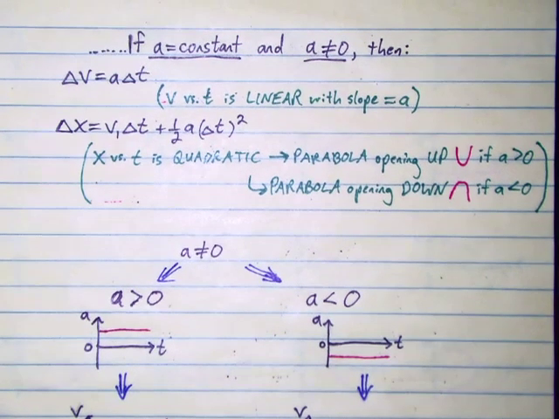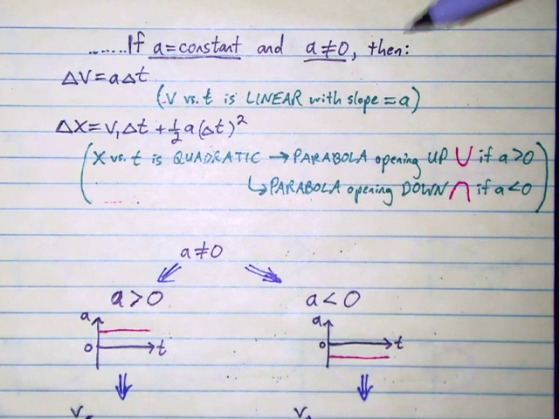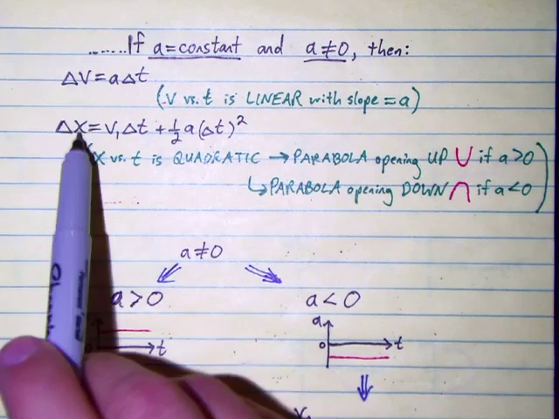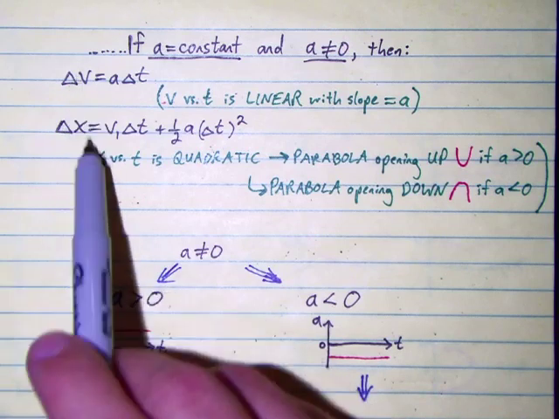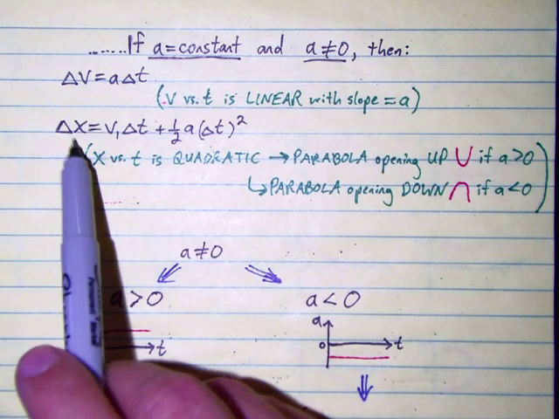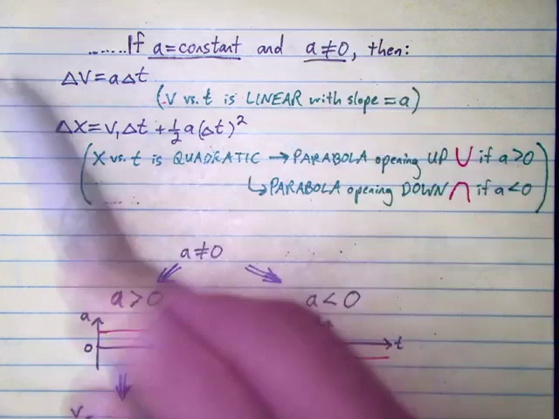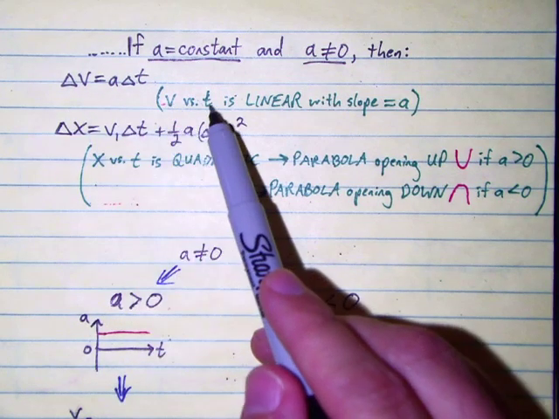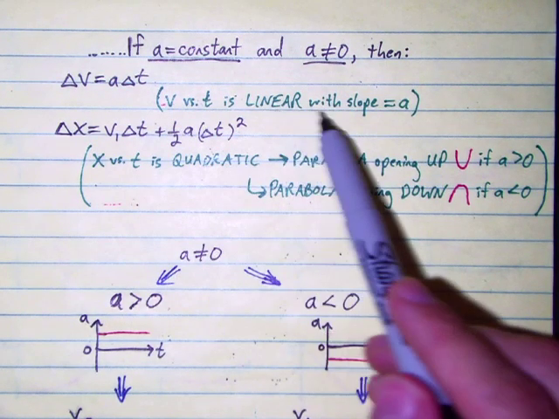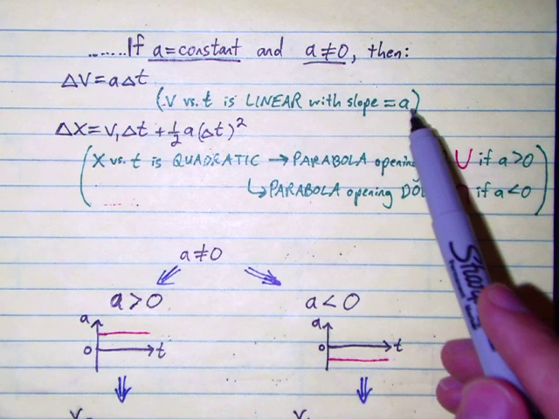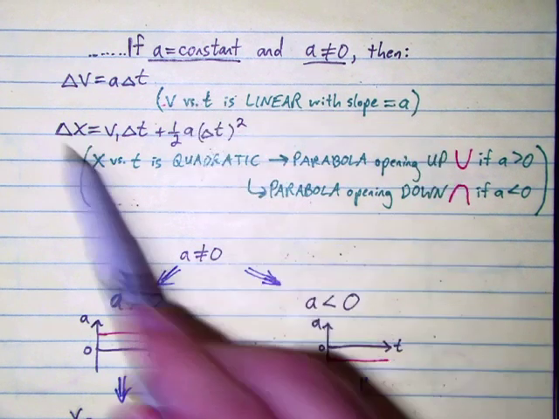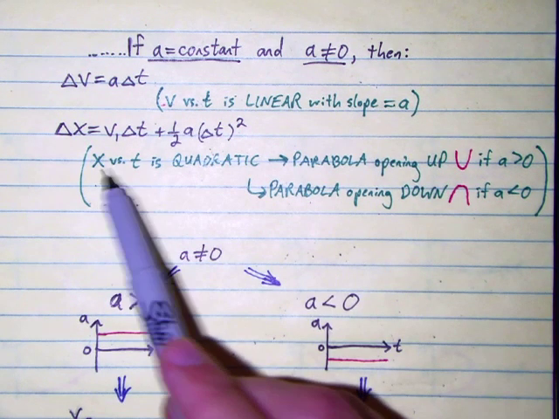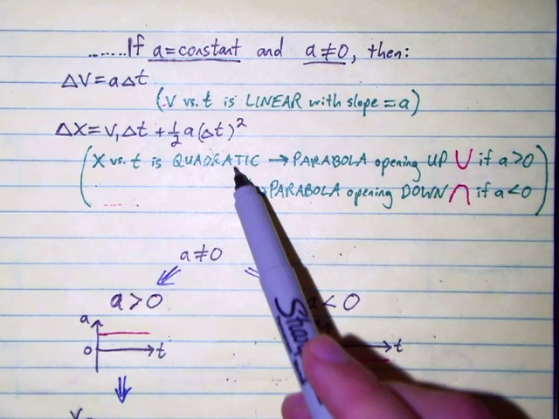All right, so if our acceleration is constant but not zero, then we have these equations to work with. Our first two of the three constant acceleration kinematics equations. This one tells us that our velocity versus time graph will be linear, and the slope of it will be equal to the acceleration. This equation tells us that the position versus time graph is going to be quadratic, meaning